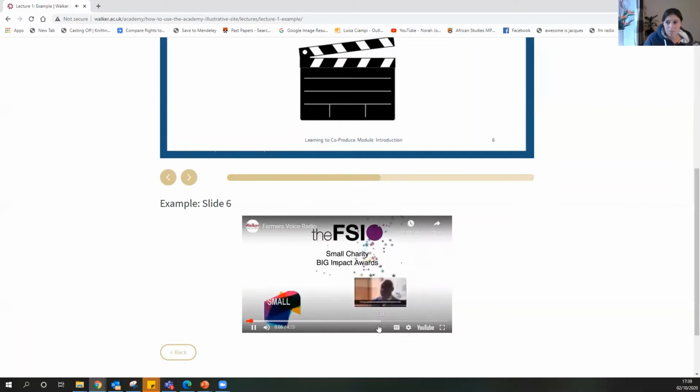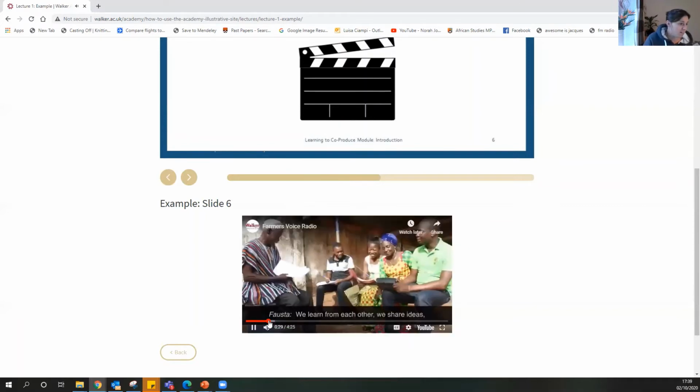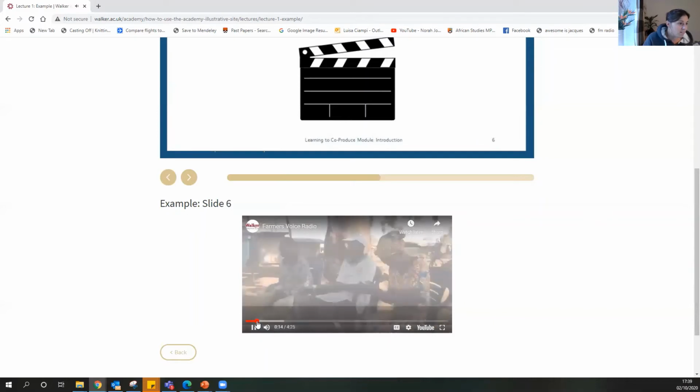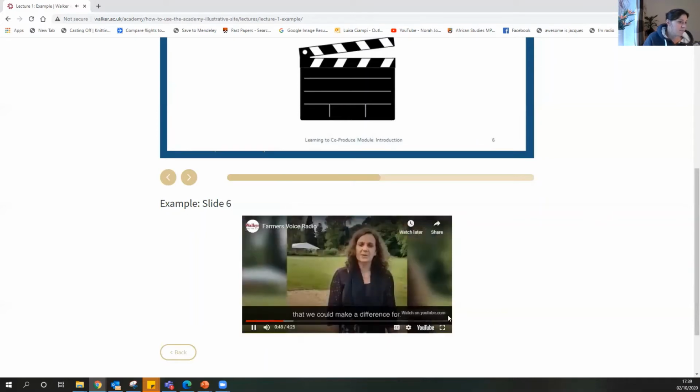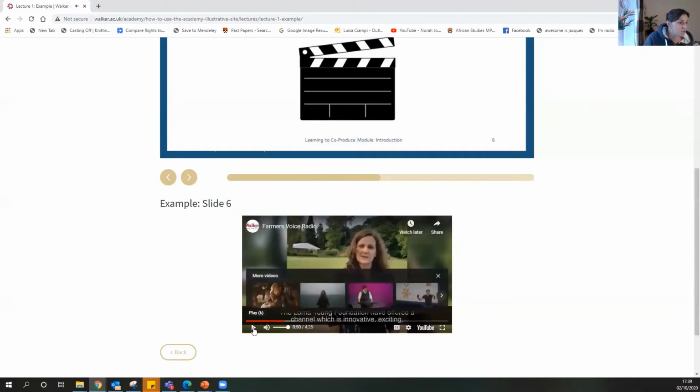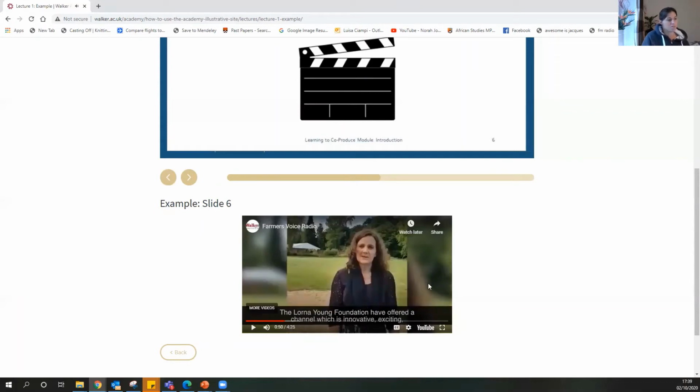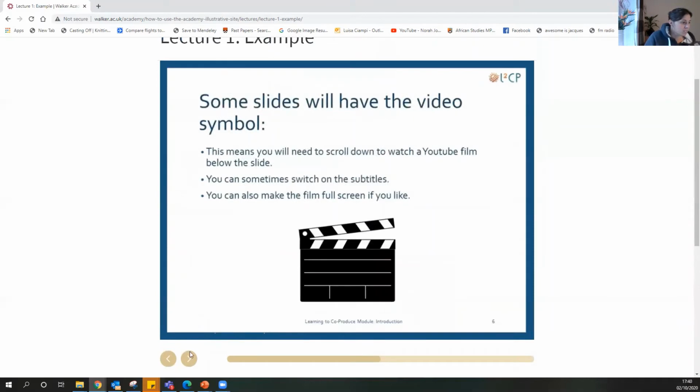As with any YouTube video, you can skip ahead, you can rewind, and you can pause it should you need to go and have a break. So that's the video function. Okay, so if we move on,